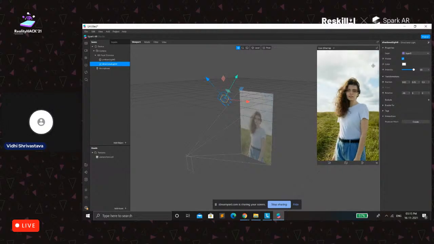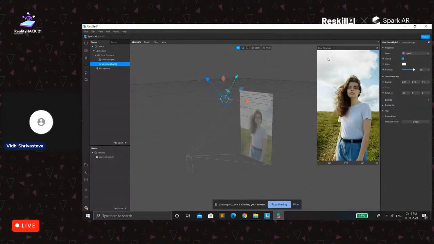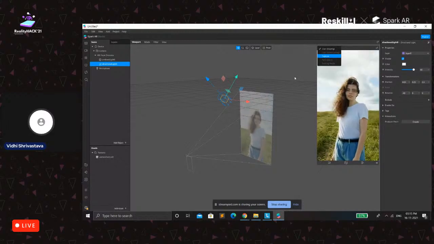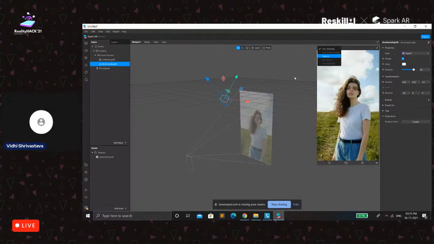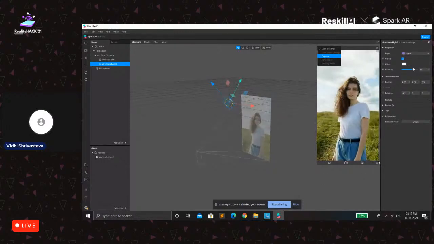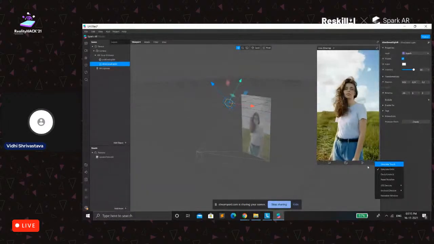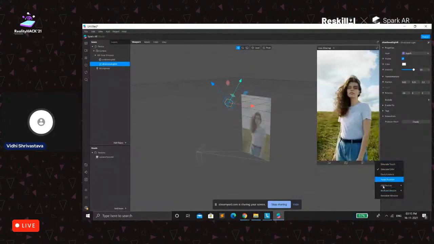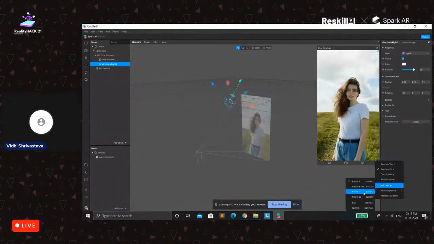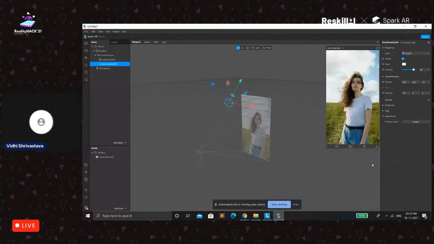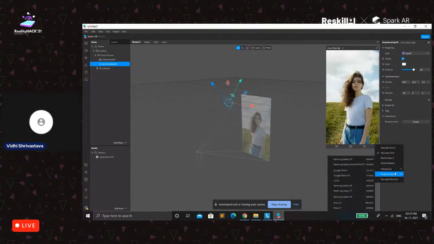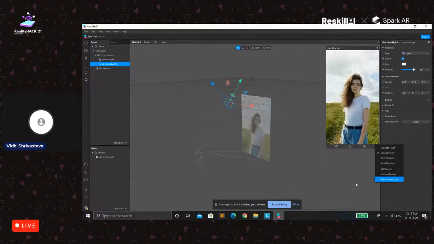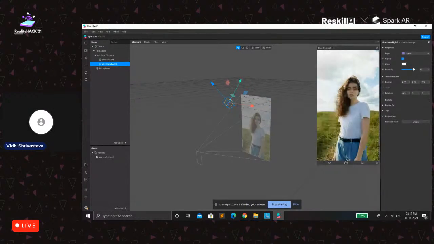We have this user sharing, so you can look at how your filter would be seen when it is on a video call, or when you change the devices. For example, if there are some iOS devices like iPhone 8, X, SE, you could just change and see how your filter is actually looking on other devices. We have some Android devices too. So let me keep it on iPhone 8 only.